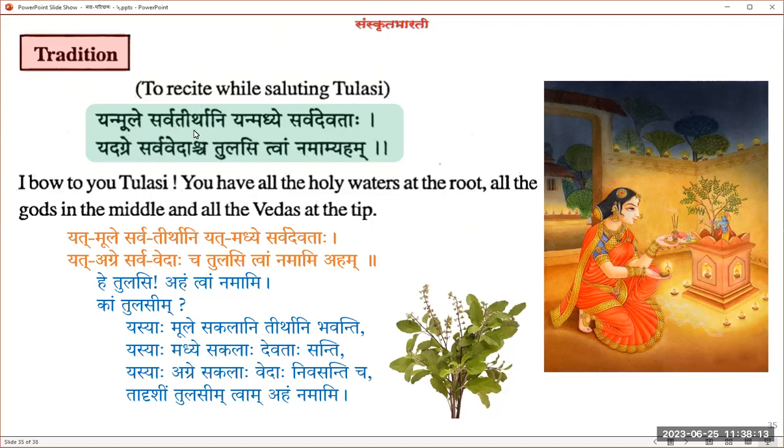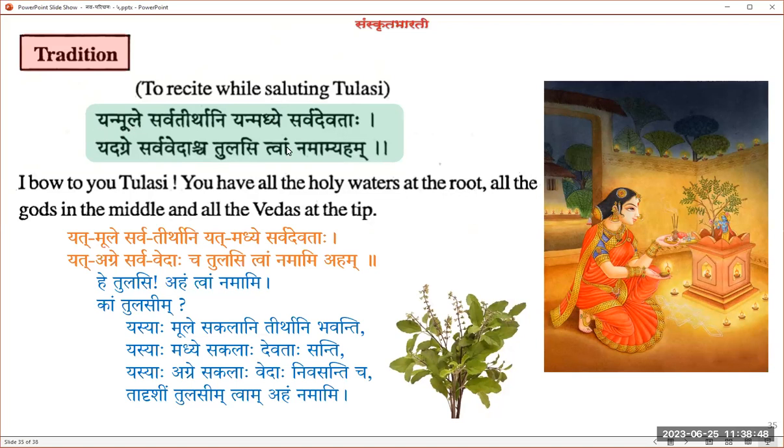Yanmule sarvatirthani santi. Yanmule is a samastapada. Yat shabda, pratipadika. In a kind of softening sandhi, it has become yan in association with the makara, a nasal sound. So the takara changes to the antimakshara of the tavarga. The vigraha vakya is yasyaha mule.